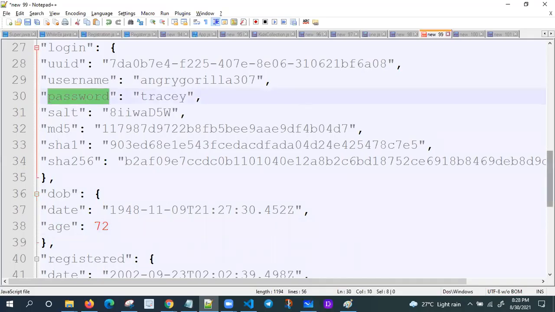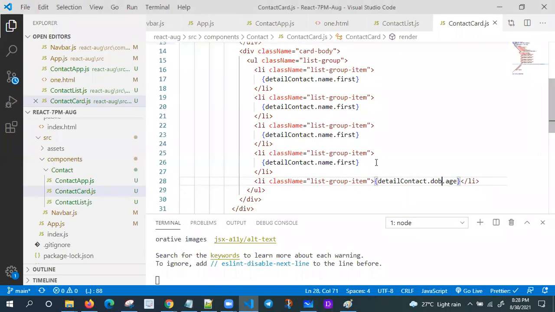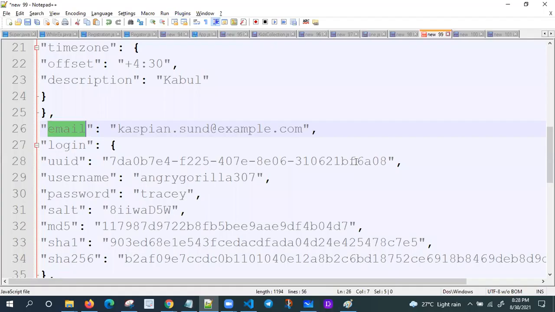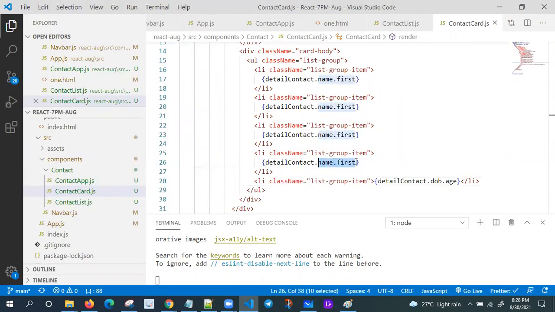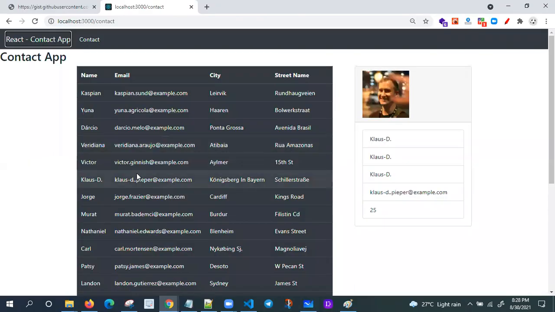Then password, username. Okay, I want email. Email is straightforward, and his email is coming.